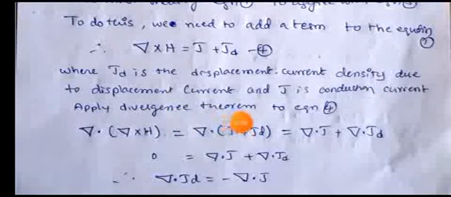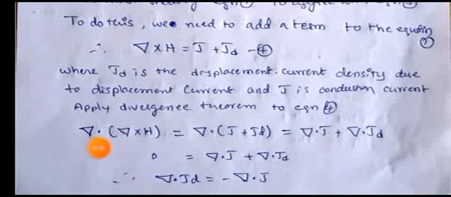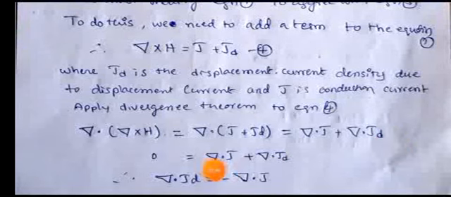Apply divergence to equation 4. Simply put del dot on the LHS and the RHS. Del dot del cross H is automatically 0. So del dot of J plus JD becomes del dot J plus del dot JD. So del dot J plus del dot JD is equal to 0. So del dot JD becomes